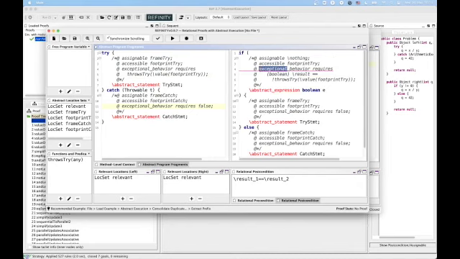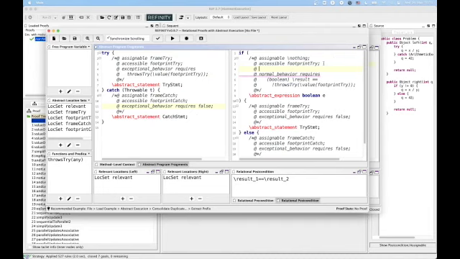Oh, actually, we need to have normal behavior here, since otherwise we don't have a result. And this exceptional behavior should not occur, right? So we specify exceptional behavior requires false, since we don't want our check here to actually throw an exception. So still, there is a problem here. So this is a live demo. So we actually don't want to require the result to equal in this expression, but we want to ensure it, since we want to talk about the post condition and not the trigger for the normal behavior. And still we have a problem. What's the problem here?